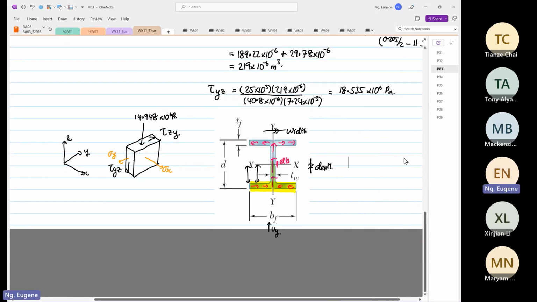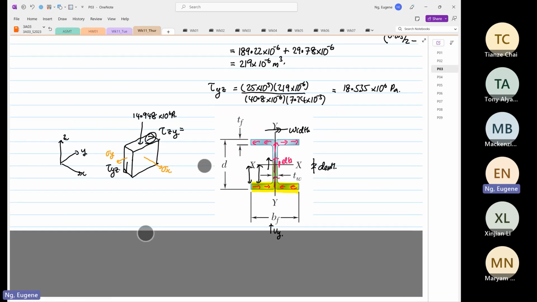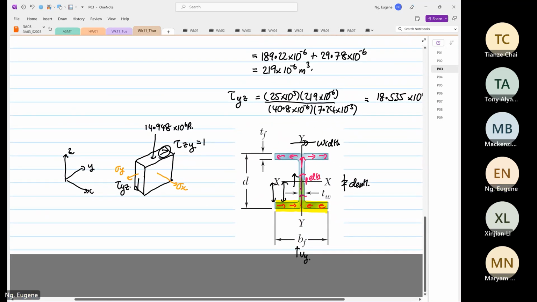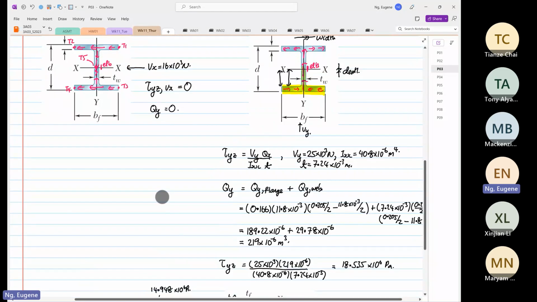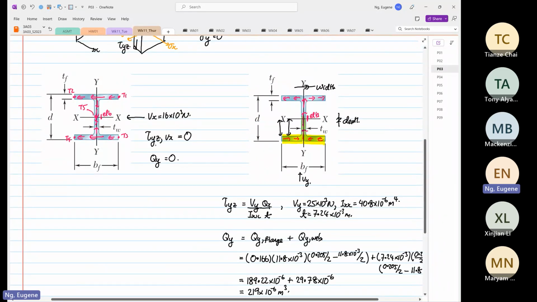So the shear flow is going in this direction, which corresponds to this direction, which is correct. And then this will be equal to 18.535 times 10 to the power 6 Pascal. So that's how you construct your element. Down here, you no need to minus off the shear induced by Vz, because our shear Y